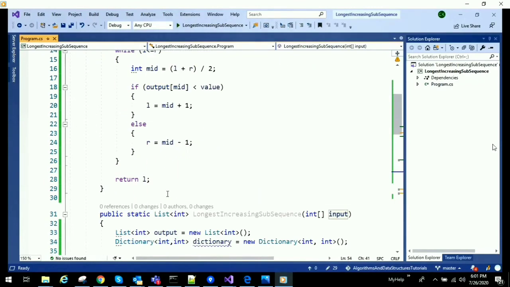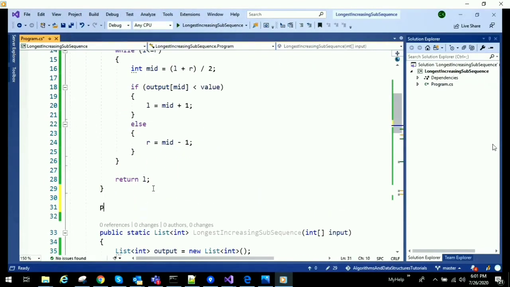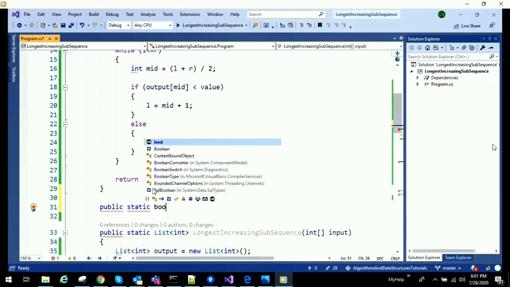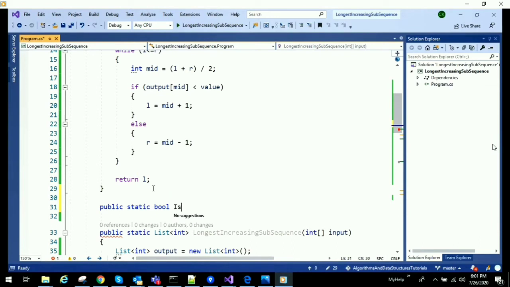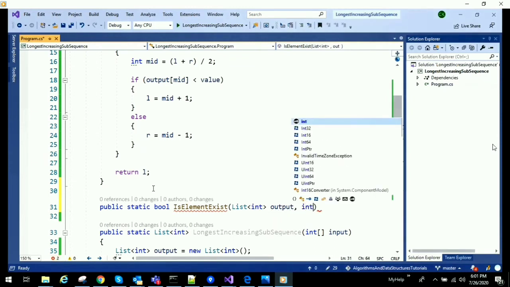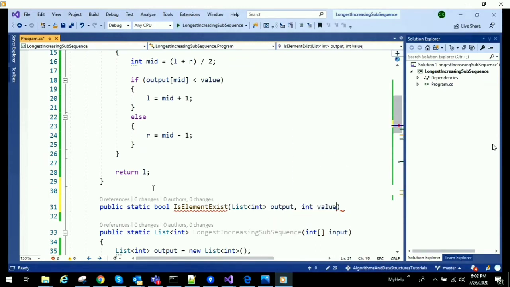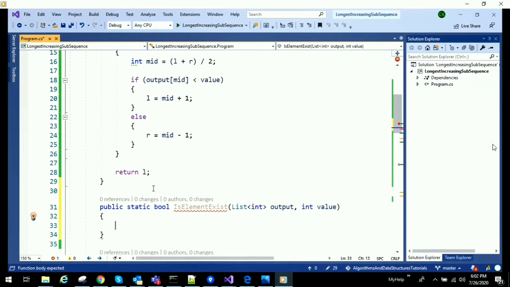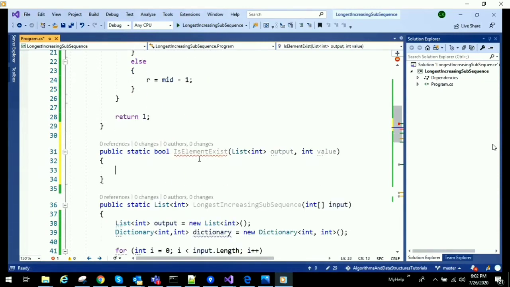That is public static, it's a boolean return value, so I am using bool, and is element exist, and it takes array and it takes a value and tells whether that value element exists in that array or not.